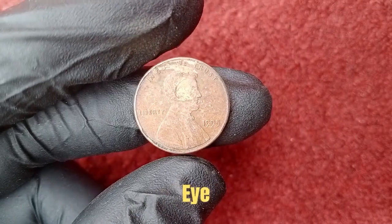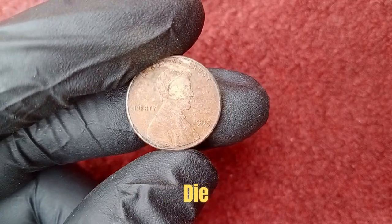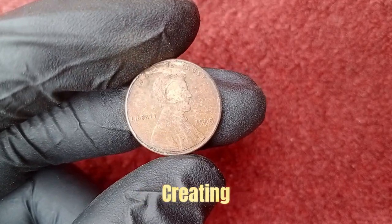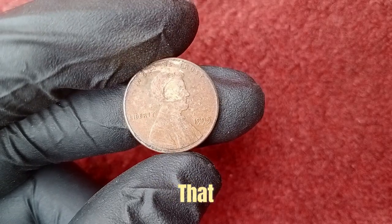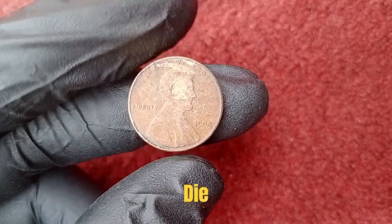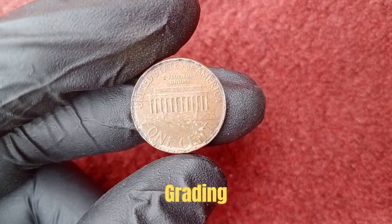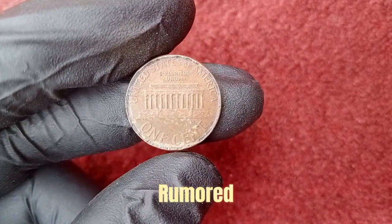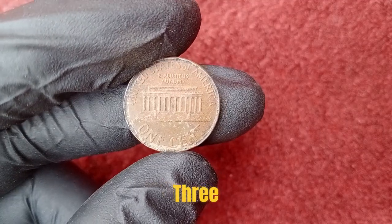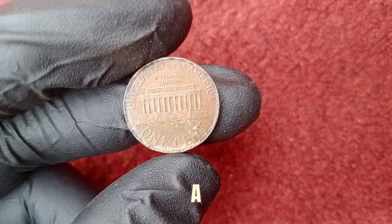To the naked eye, this happened due to a misalignment during the minting process when the working die was improperly manufactured, creating a coin with a distinct doubling effect that is highly sought after by collectors worldwide. While common doubled die examples may sell for a few hundred dollars depending on condition and grading, the coin in question that is rumored to be worth $324 million is not your average doubled die penny but rather a coin with a suspected